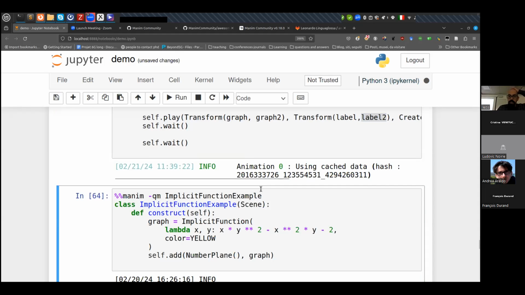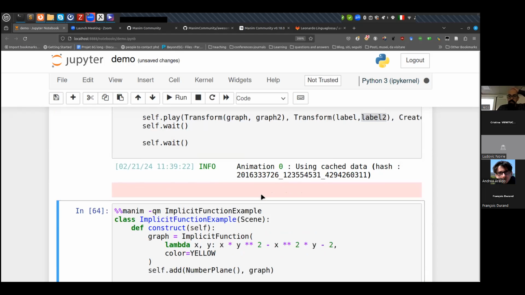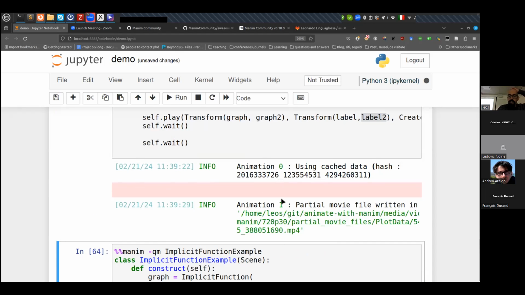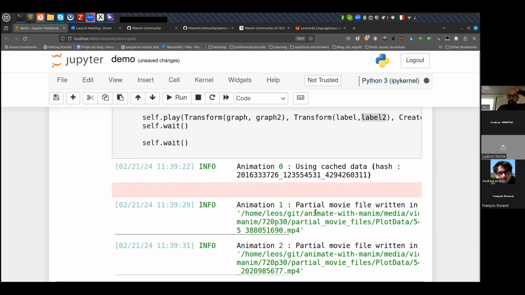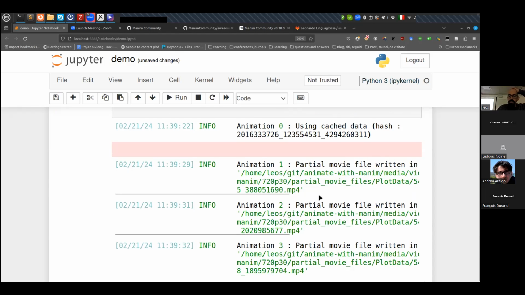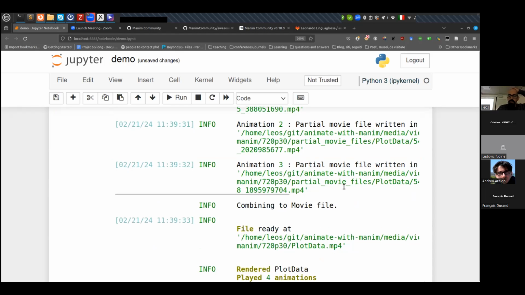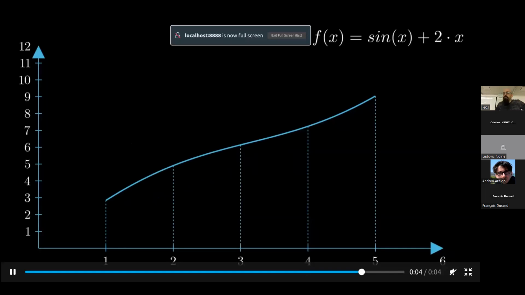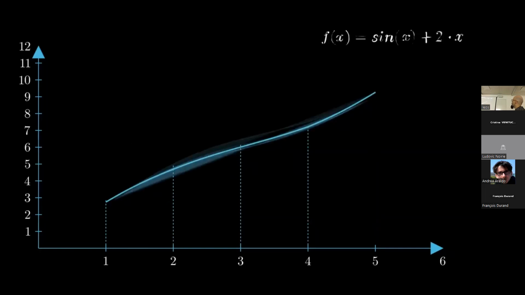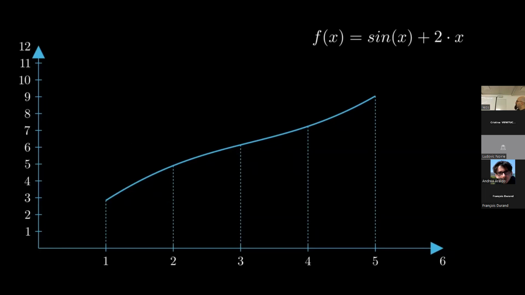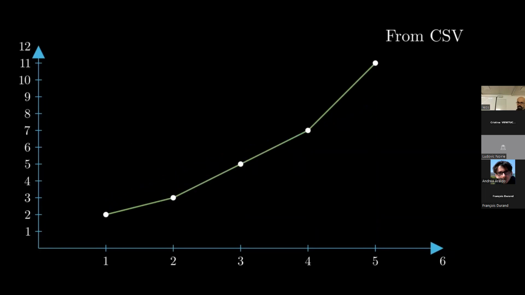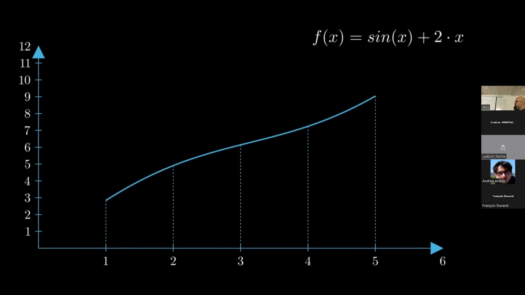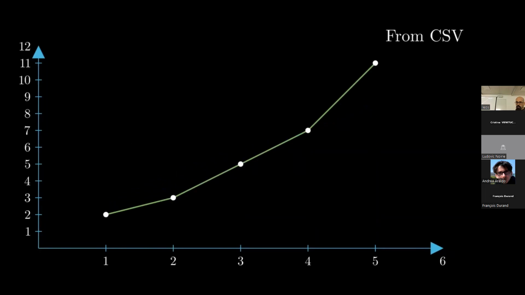So using the cached data. There are several animations that are involved here. Partial movie 1, 2, 3 combined into movie file, and then this is the result. So we have created axes with the X range and the Y range that we have shown. The first is a data point that was retrieved by the CSV file. And the second one is